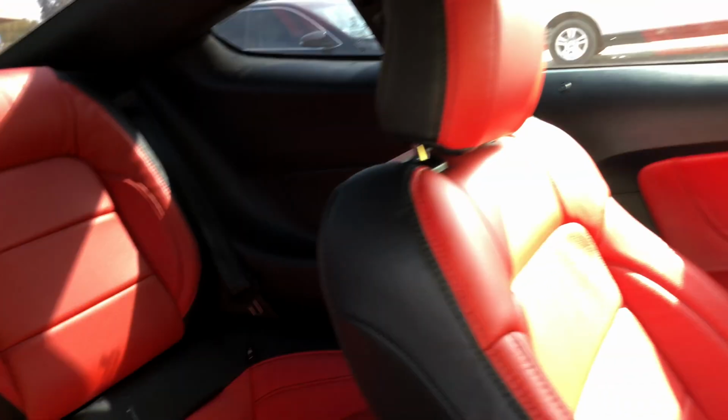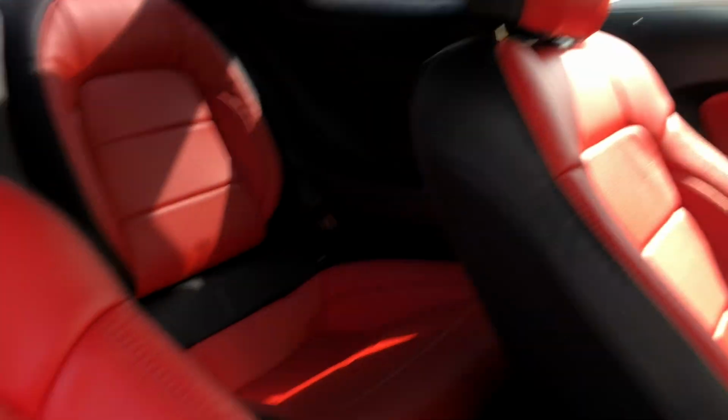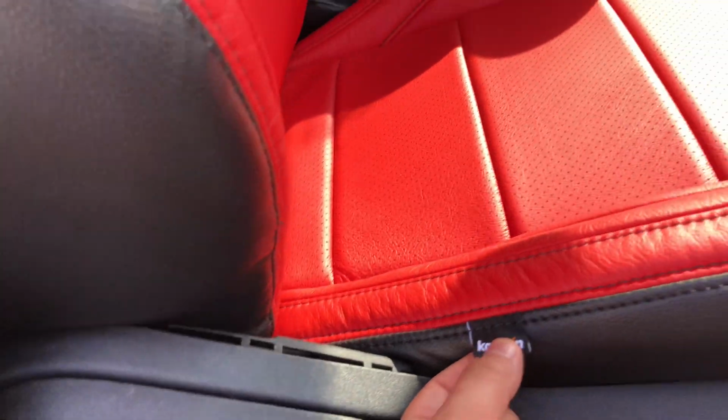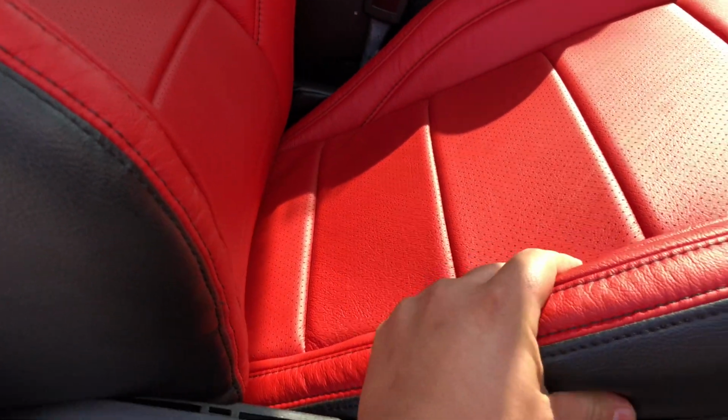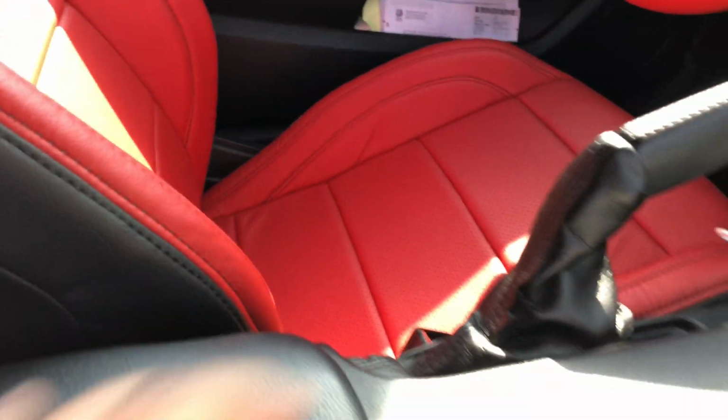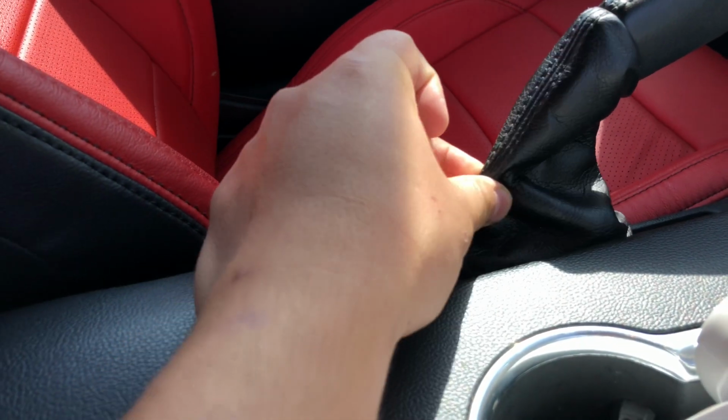Again, look at this. It changes the whole thing on the car. And these are also made by Katskin or Katskin, whatever you guys want to say it. Really high quality leather. Later on, I'm gonna get this also red, and then I'm gonna get this also red with black stitches. So with that being said, guys,